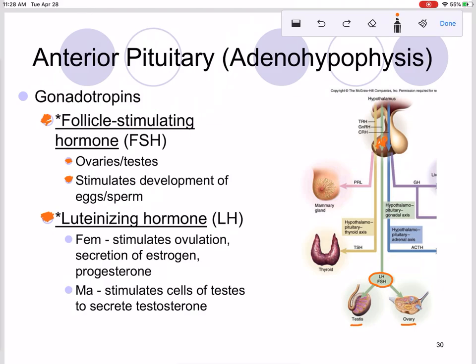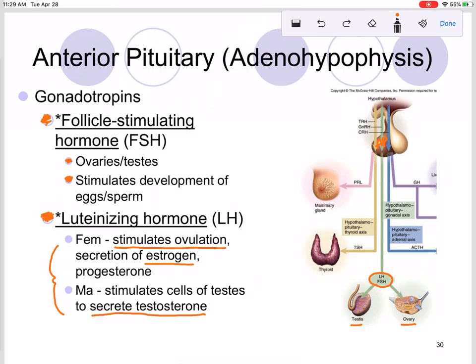Then we have luteinizing hormone. Let me circle that, okay? Luteinizing hormone also goes down to the primary sex organs, but it has a different function. Luteinizing hormone in males tells the testes to secrete testosterone. In the case of the females, luteinizing hormone stimulates ovulation when the egg is released, and it stimulates secretion of